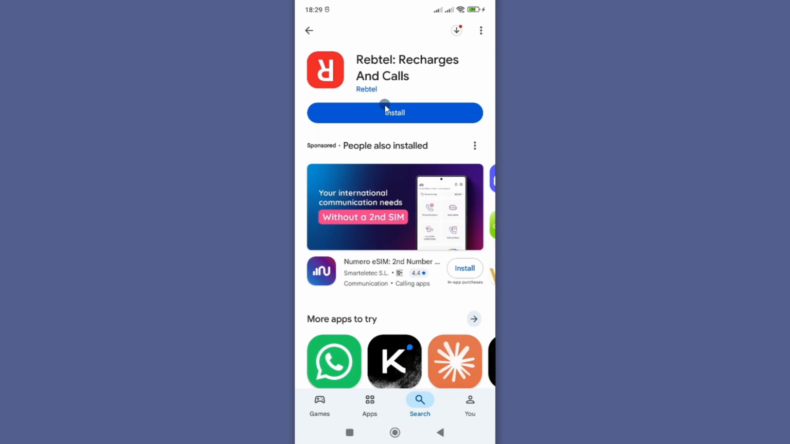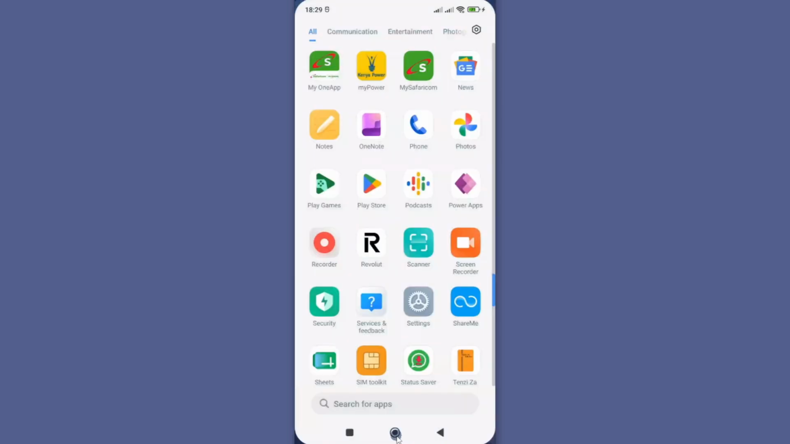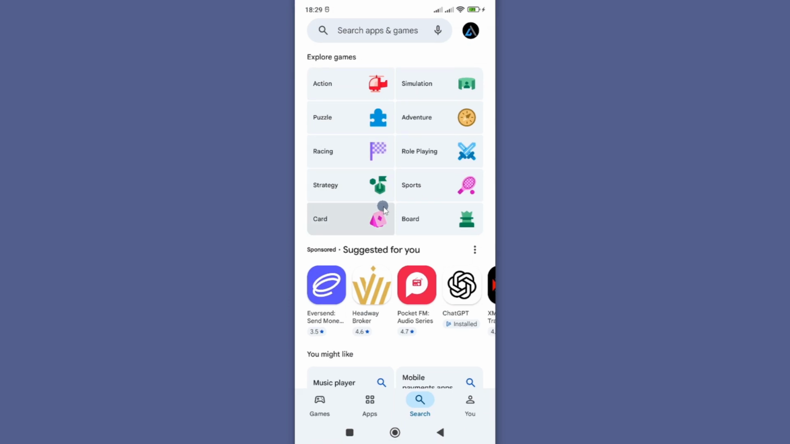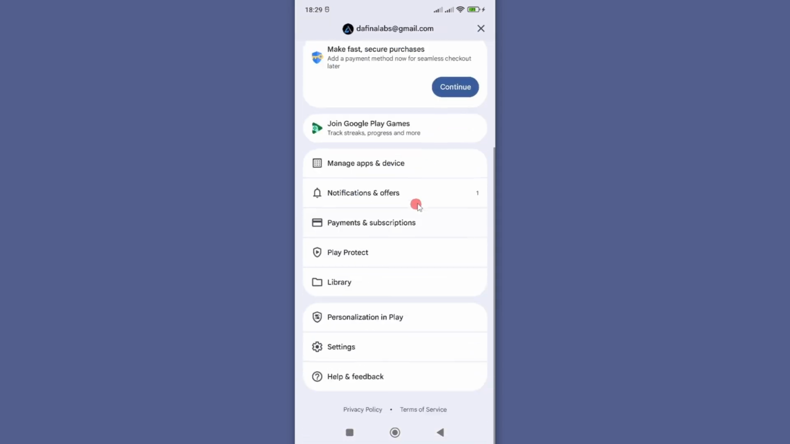However, if you have no issue with that, then go back to your phone and open Google Play Store and make sure you are logged in with your Gmail before you try to download the app. However, if you are unable even while logged in, then proceed and tap on your profile icon and scroll down